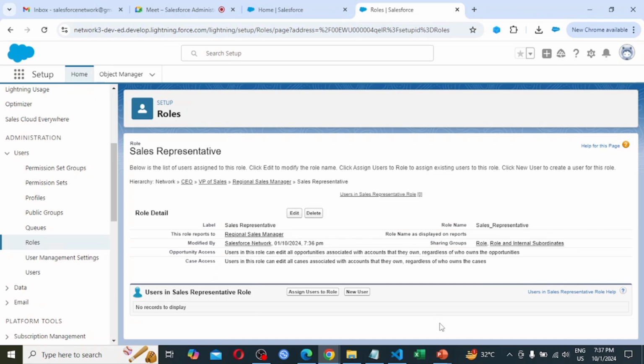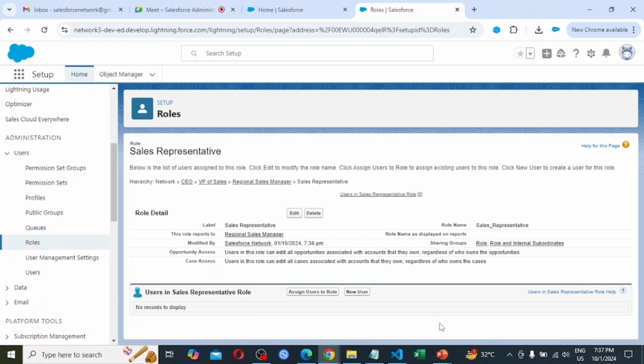These types of scenarios are asked in interview questions. In the interview they are not directly asking what is the role hierarchy, how to create, how to delete. Rarely we get this type of question.